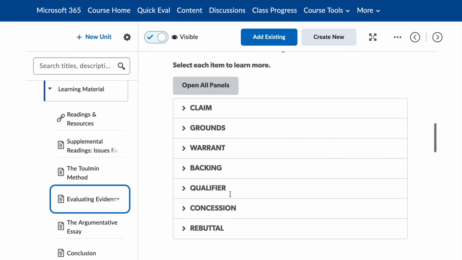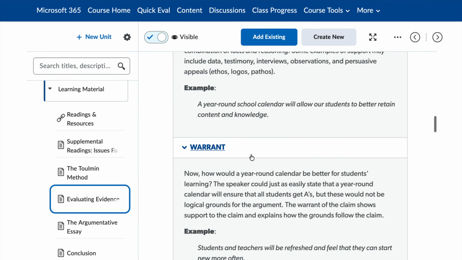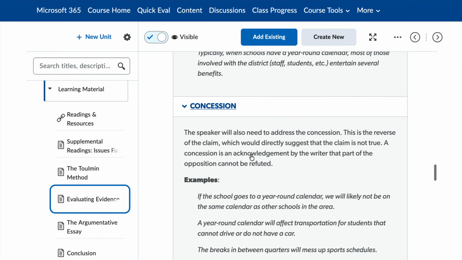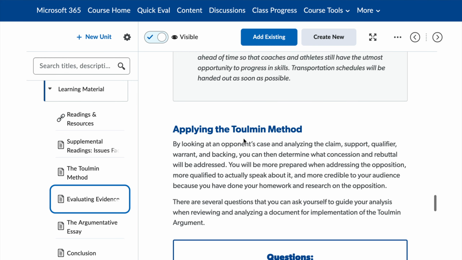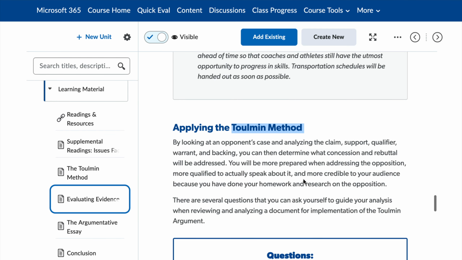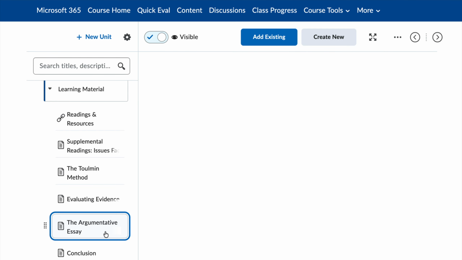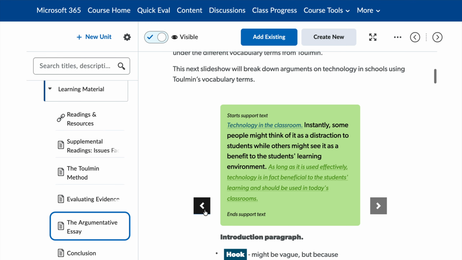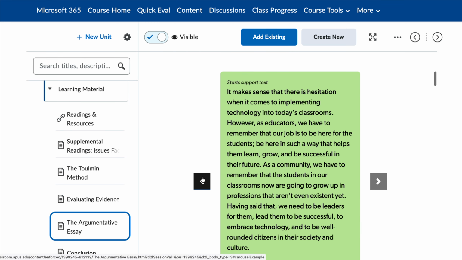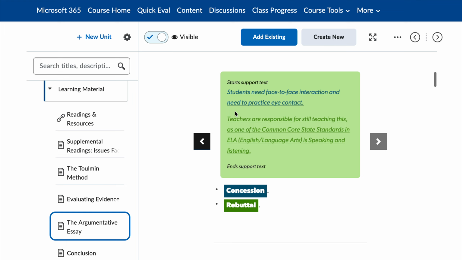Okay, make sure to go through all of these claims or these definitions here, because you will need to include those in your Toulmin method next week. And let's see. So this basically shows you how to organize a Toulmin essay. So you start with the claim, and then you